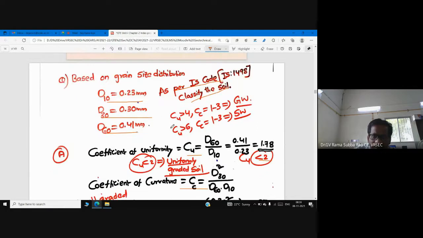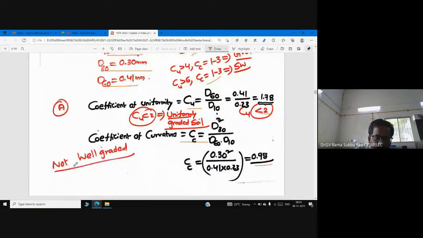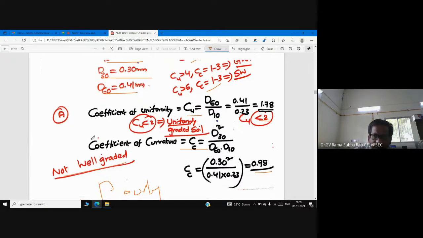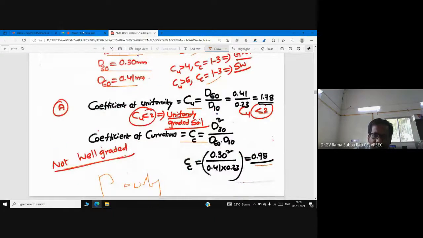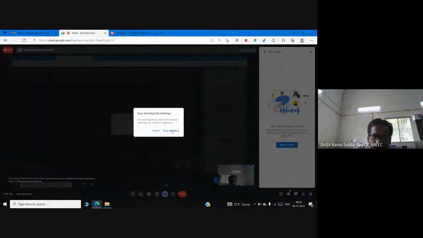Cu is not greater than 4 and Cc is not between 1 and 3. So the soil is not well graded; it is poorly graded. The reason is very simple: Cc is also not satisfied. If either of these two conditions is not satisfied, then the soil is poorly graded. So this is about how to identify